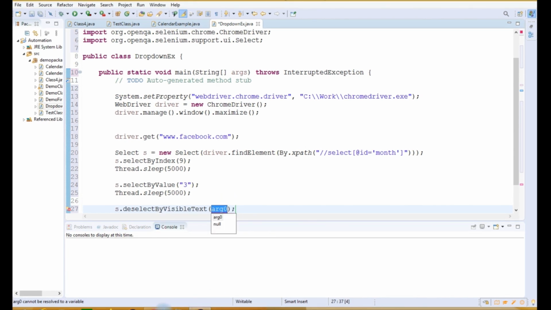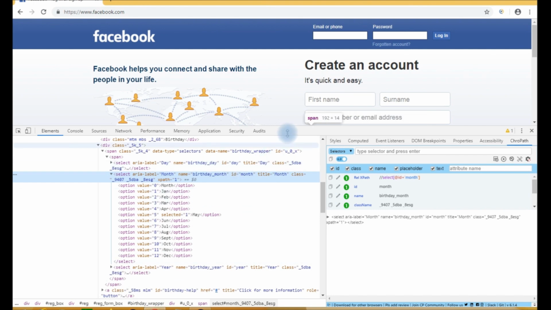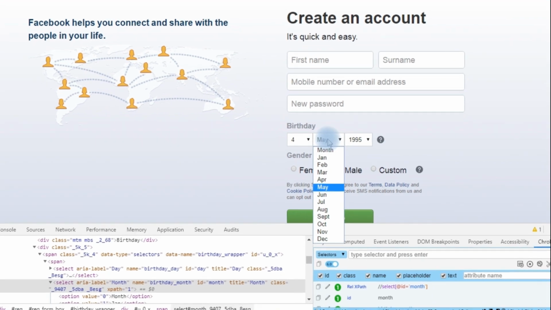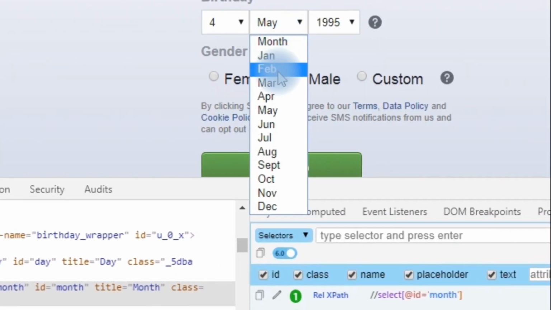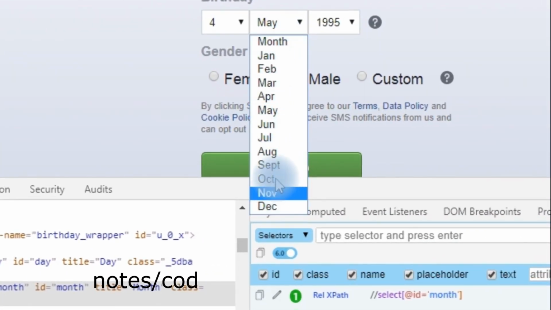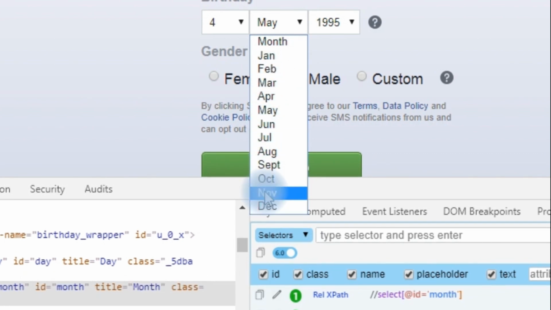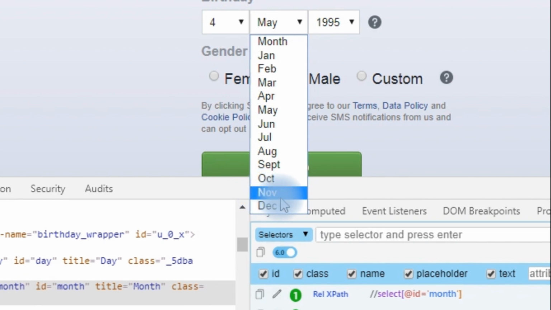Visible text means the text that is displayed when we click on this drop down. When we click on this drop down, these are the texts that are displayed. So if we have to select using select by visible text, then we have to give any of these texts that we want to select. For example, I will give November, NOV. So NOV is the visible text for the month of November.